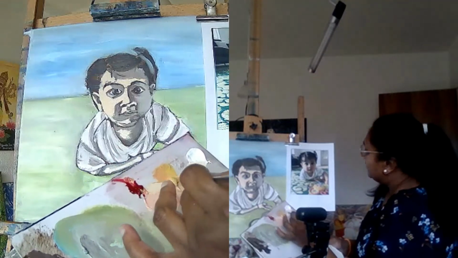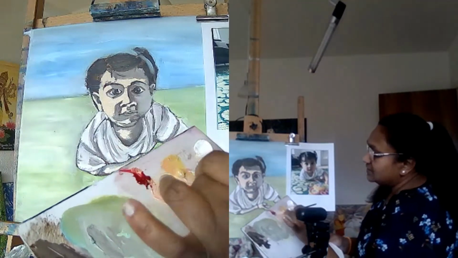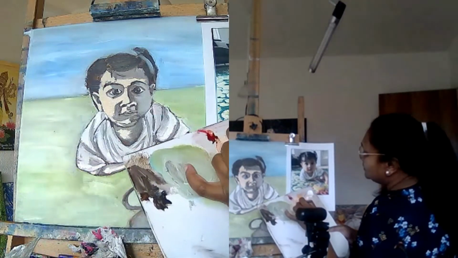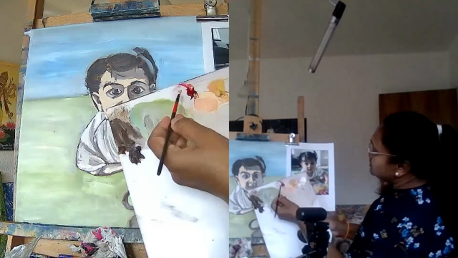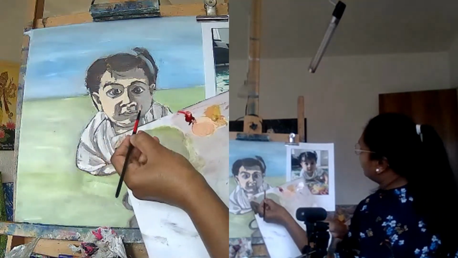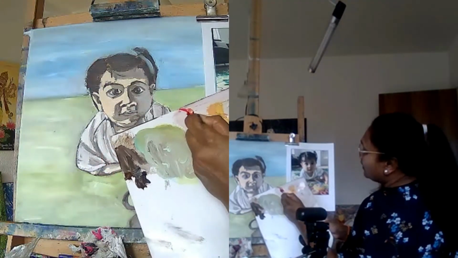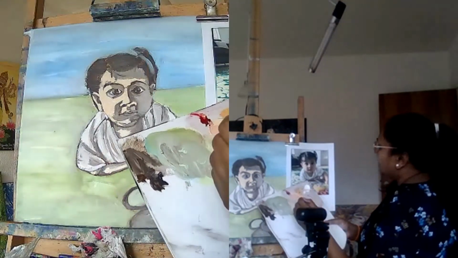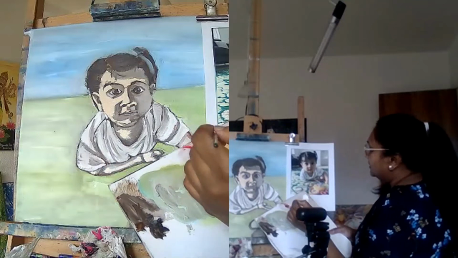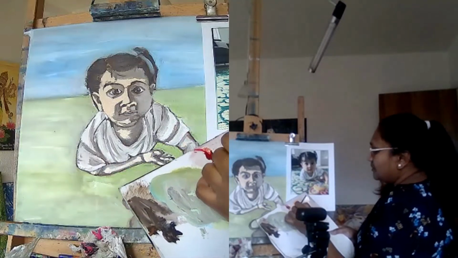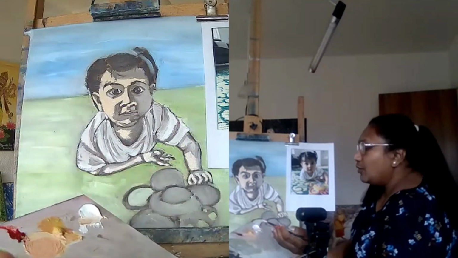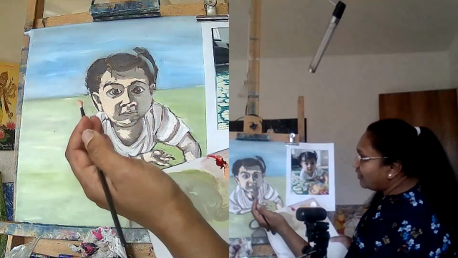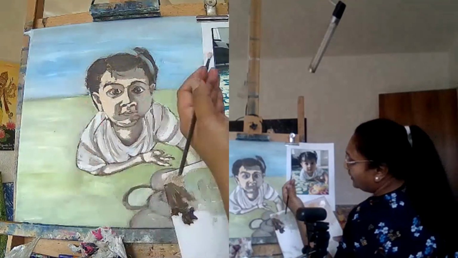I want a slightly darker tonality of this, so I'm keeping on adding it to see if I get another tone. Now, this is slightly darker than the one we have on the canvas, and this is what I needed to blend in, because there are two or many approaches, but I would say two logical approaches to work on